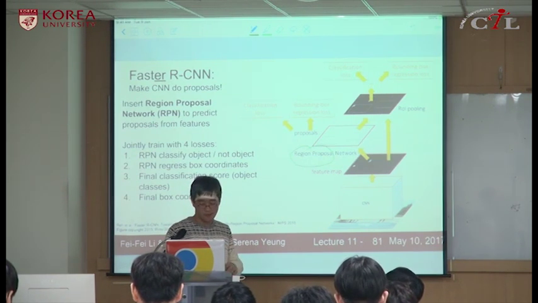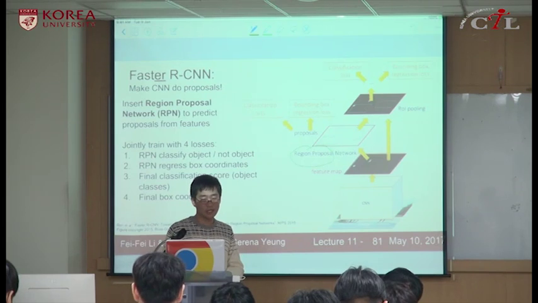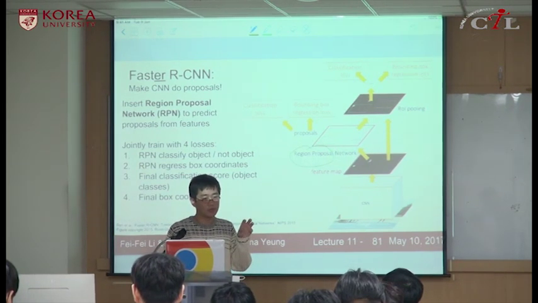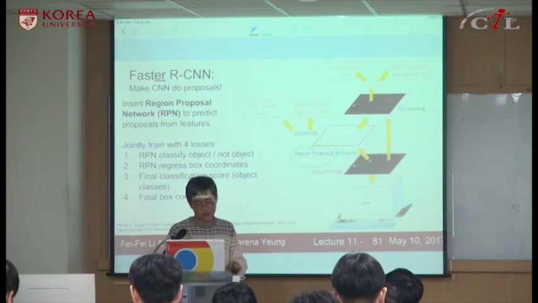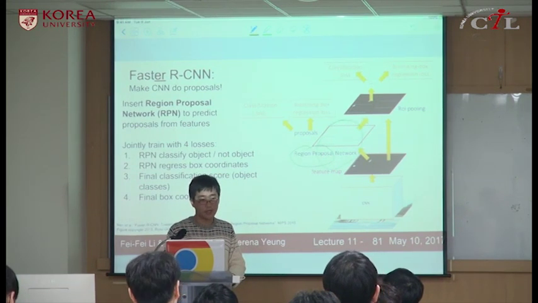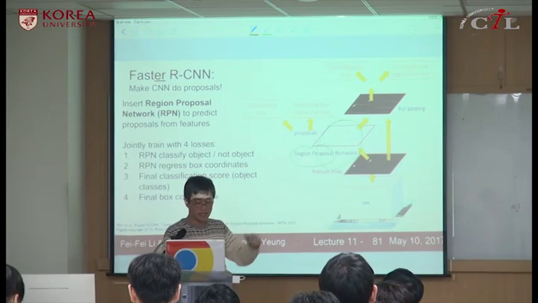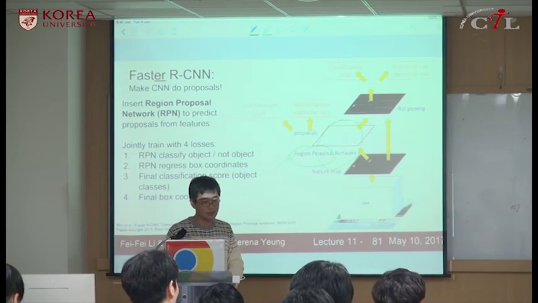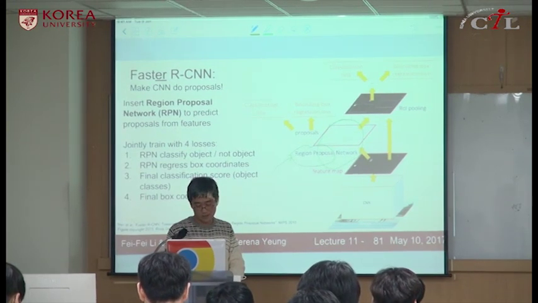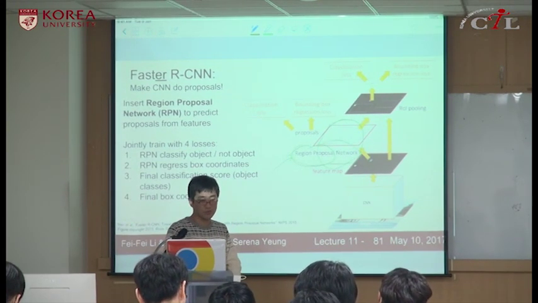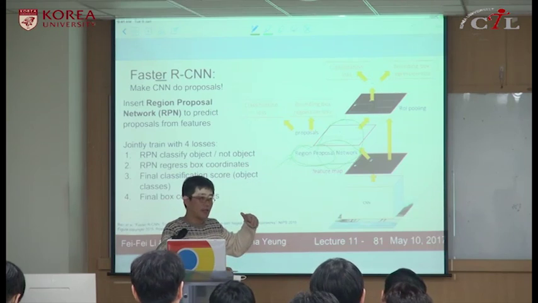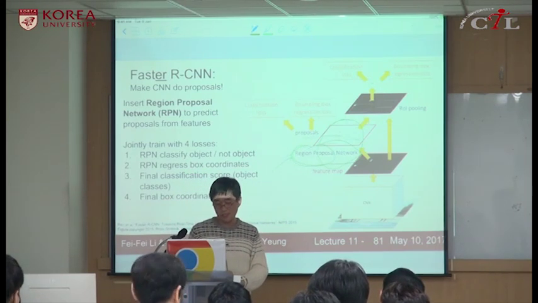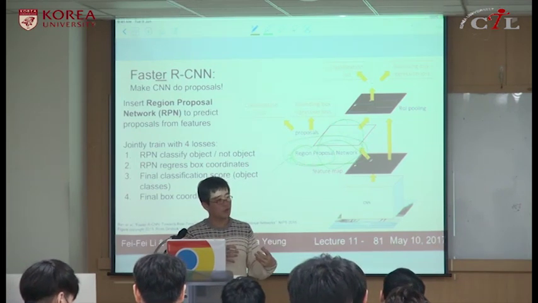In Faster R-CNN, that region proposal module is actually part of our entire neural net. This lecture didn't discuss the details of how this region proposal network is designed and how it is trained, but at least